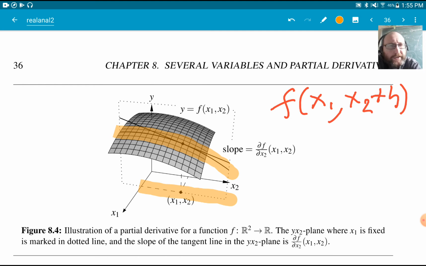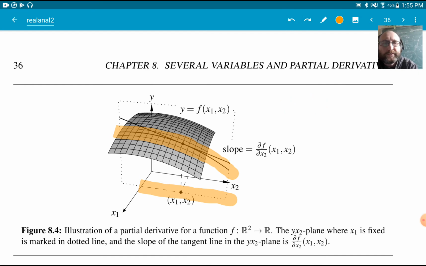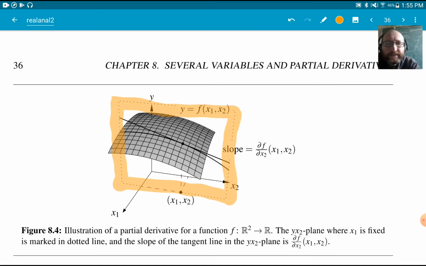And so, what do we get when we take a look at this difference quotient? Basically I'm just ignoring x1. I'm thinking of it as a function of x2 and taking the derivative. So the derivative is the slope of the tangent line to this graph. Over here, what I've done, let me go erase all of this. What I've done is basically I've drawn, if I look at the x2y plane,